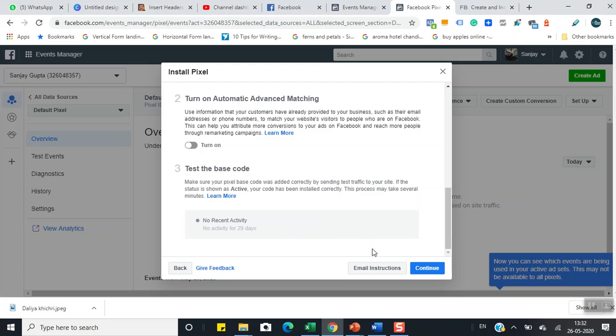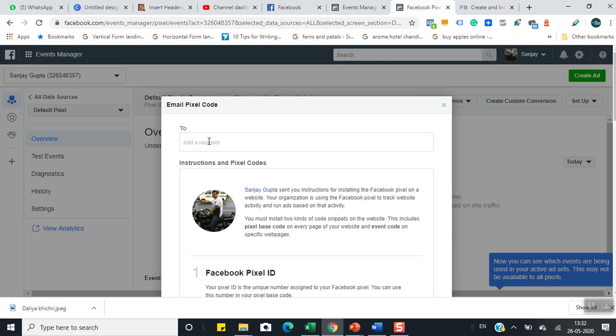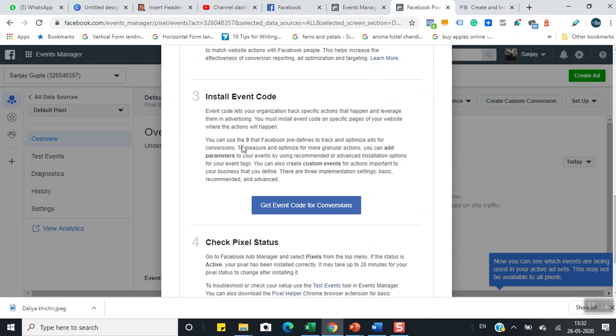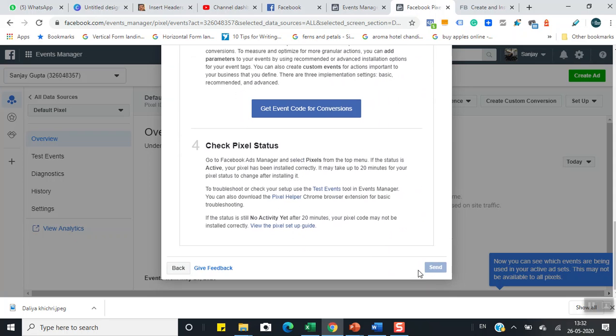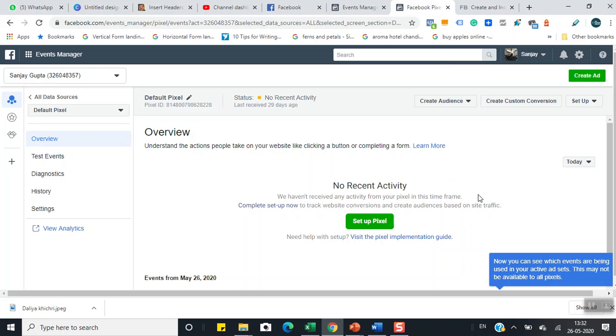In the meantime, what you can do is simply click on email instructions. You can enter your email ID over here, then come to the bottom and simply click on send. That way Facebook will send you this entire set of instructions to your email ID. Once I have done this, I'll cross this, and after some time you will see